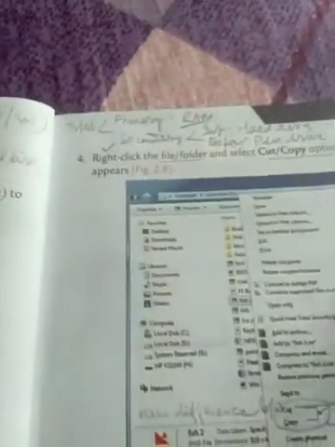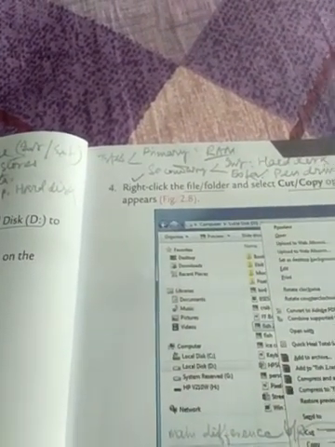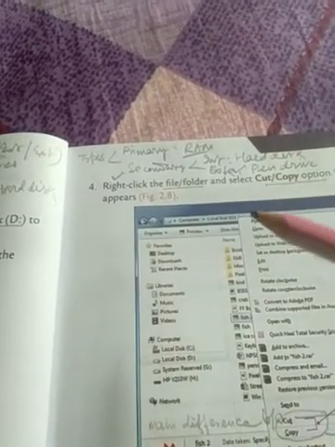Now in the fourth step, we have to right click the file or folder. We have to right click that selected file or folder.